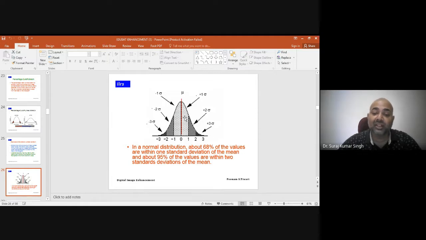So it all depends on your mean. You have to calculate the mean, you have to calculate the standard deviation, and then on the basis of your standard deviation and your mean, you will be highlighting your third tail. There are two standard deviations, so you have a third tail that is beyond that standard deviation, and on the basis of that we'll be applying these digital image processing techniques. Getting it?